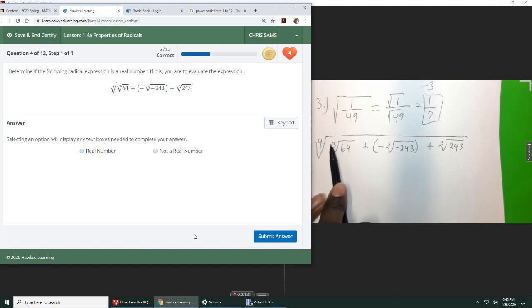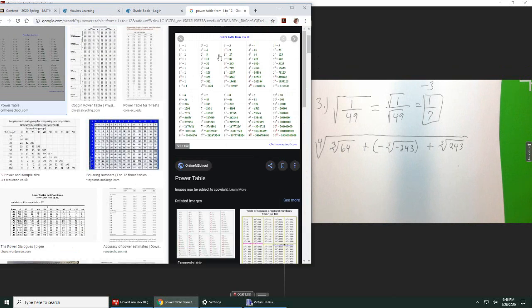So if it's a regular square root, or if it's a 4, 6, 8, something like that, you couldn't work it out. So if I pull this power table back up,